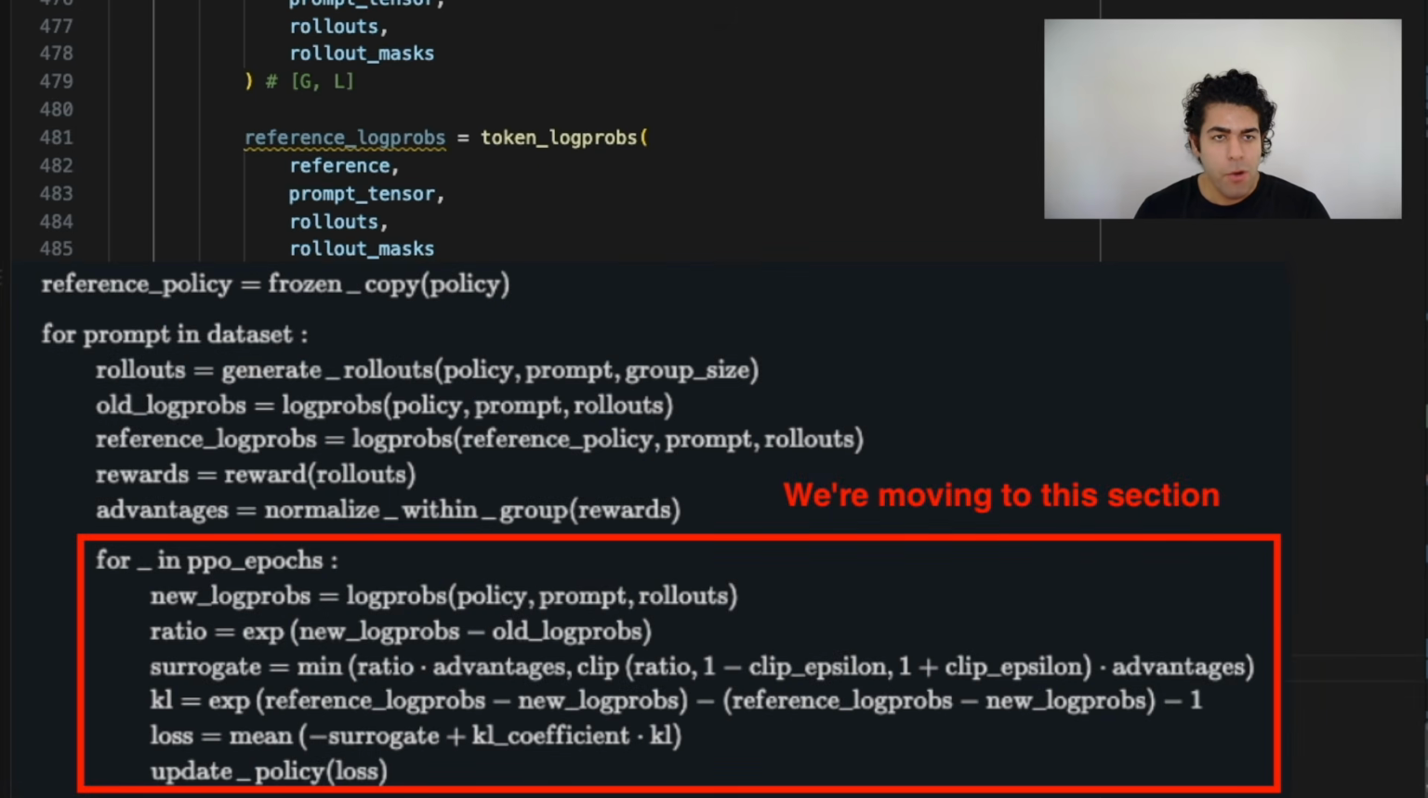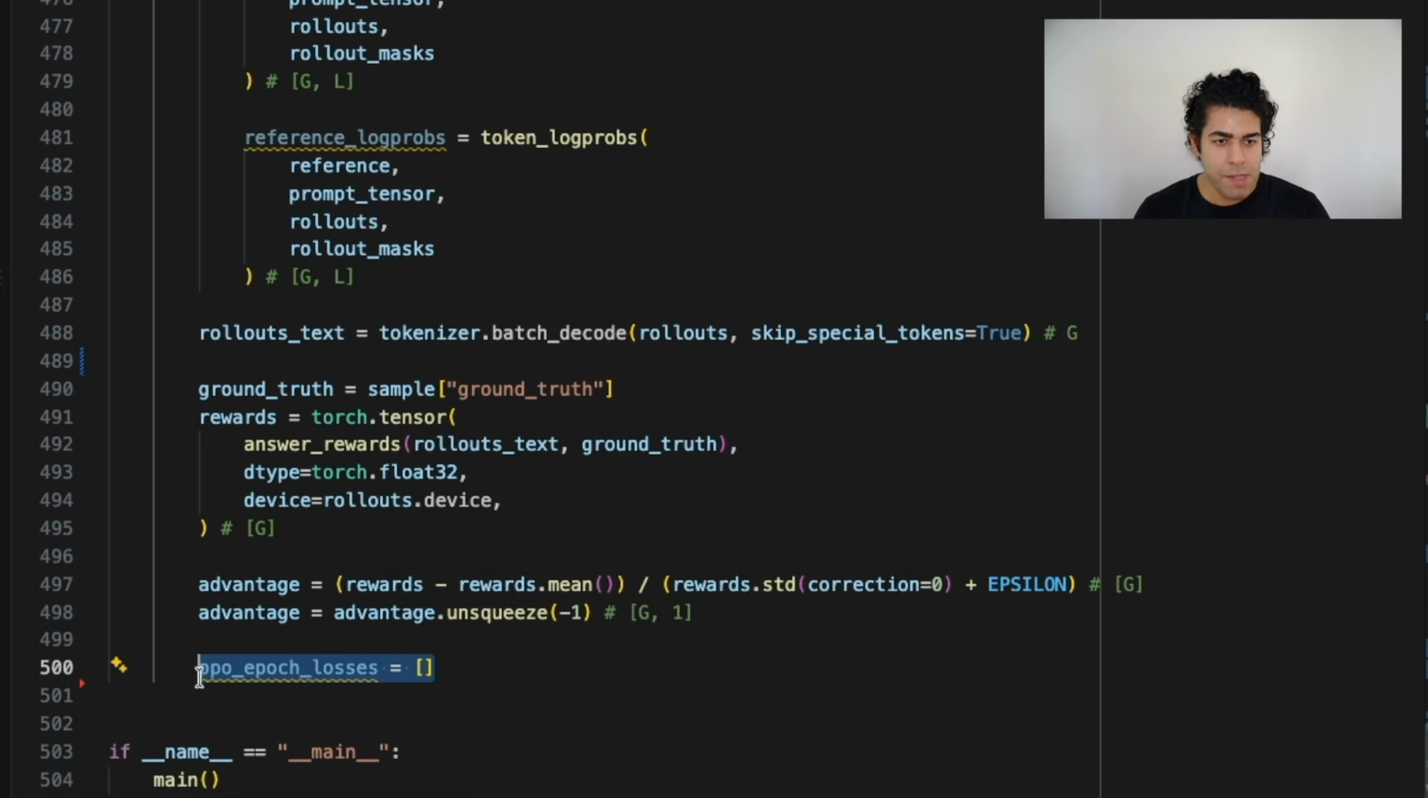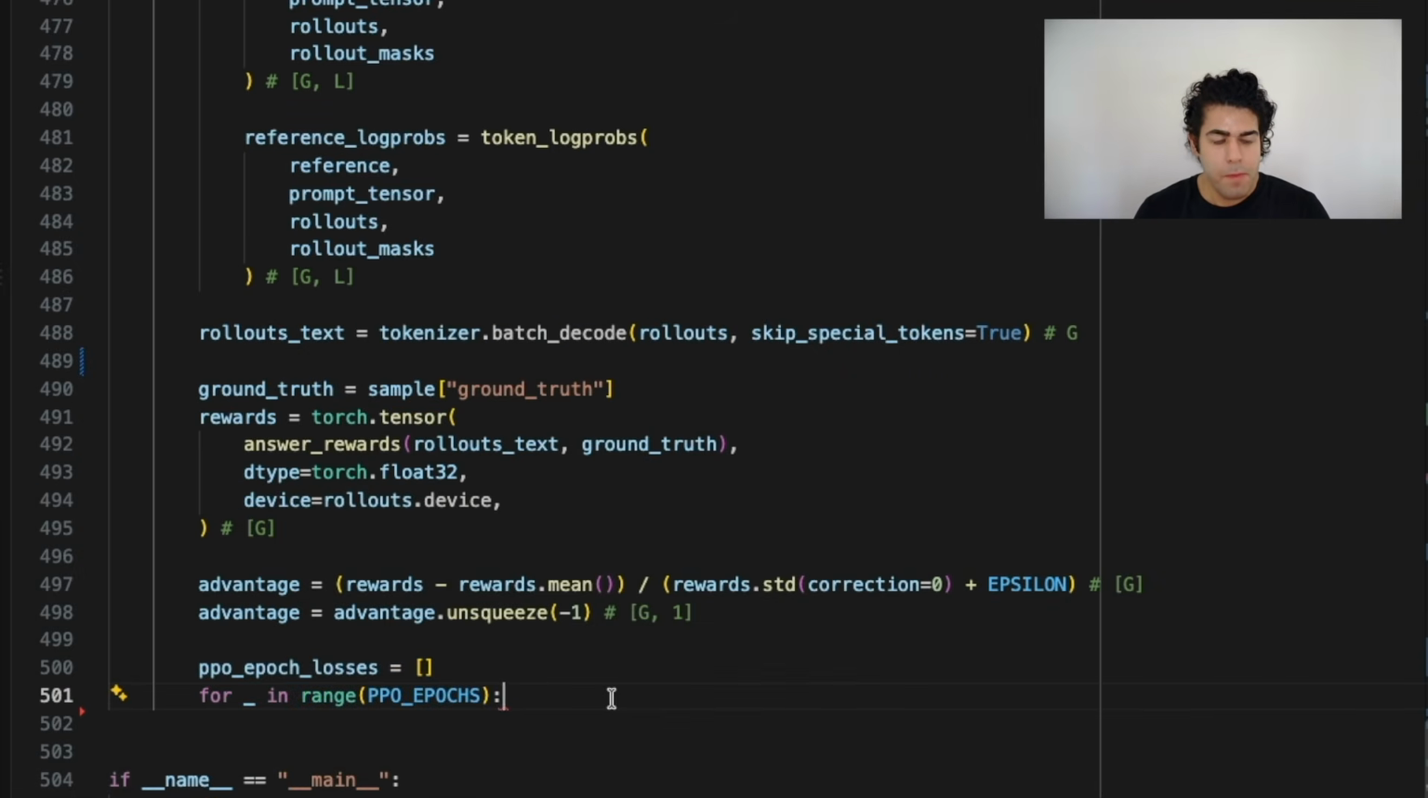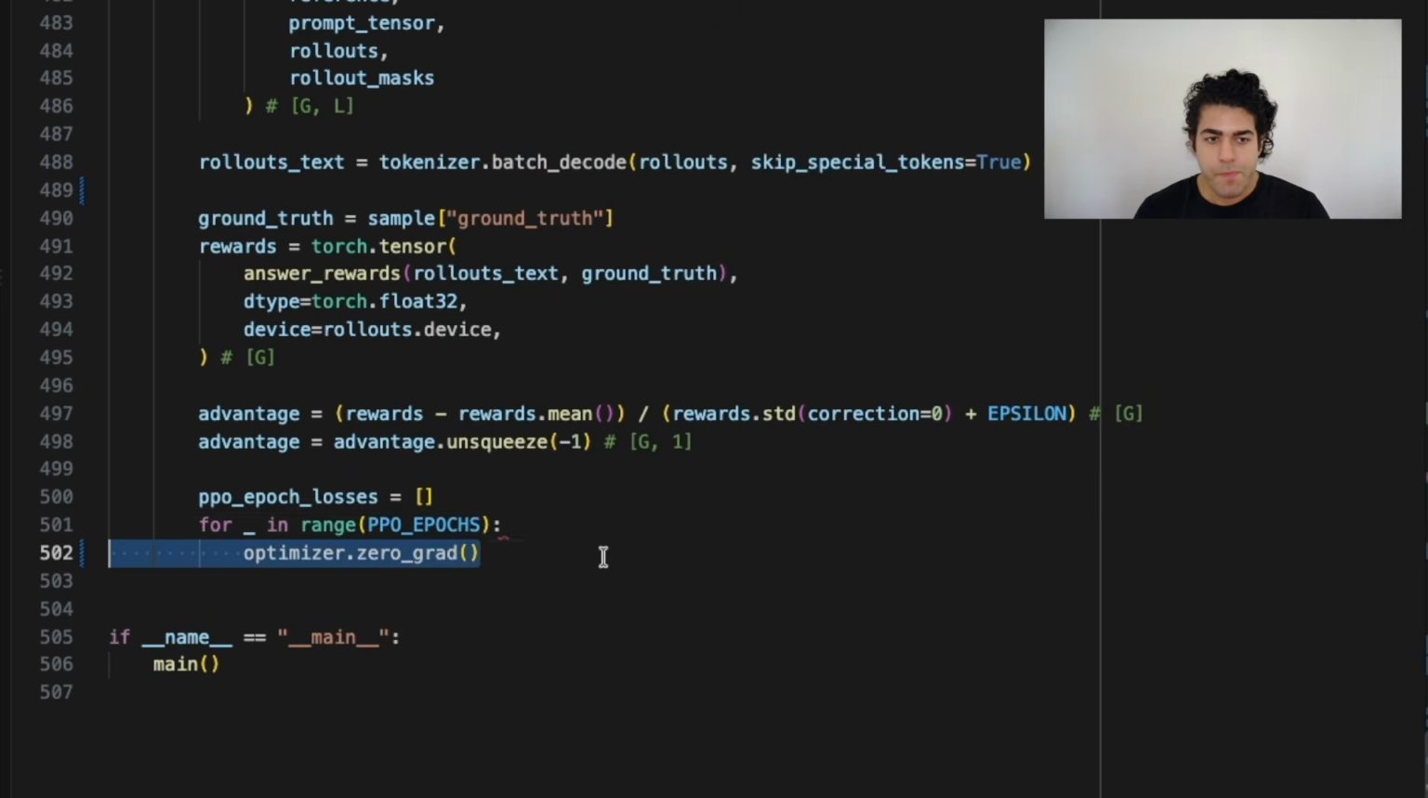And let's slowly go into the second loop, which is the PPO epoch loop that you'll see in the pseudocode. This is where we will do the actual gradient updates, PPO epochs number of times. So let's store the losses inside this list, and let's just iterate through the PPO epochs. We start with optimizer.zero_grad(). This is a PyTorch training